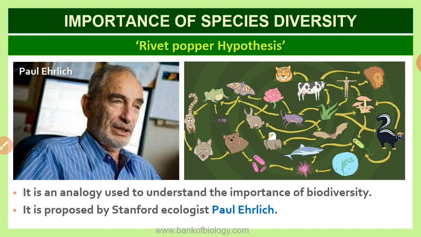Then it must be resistant to invasion by alien species. If some foreign species come and get added to it, and if the community is stable and resistant, that may increase the stability of that particular population or community. Okay, then